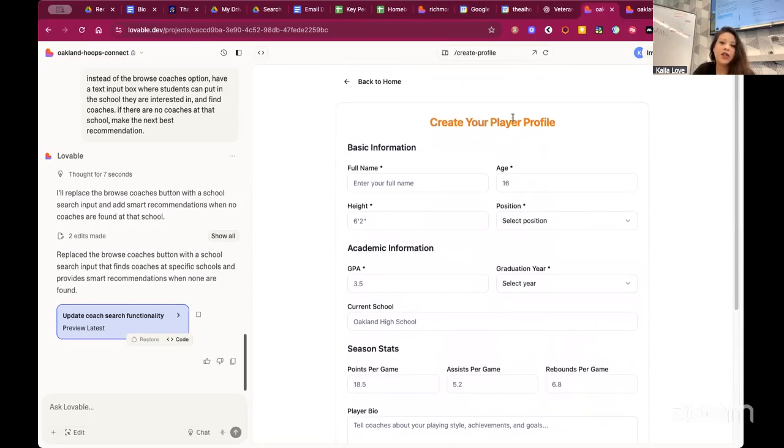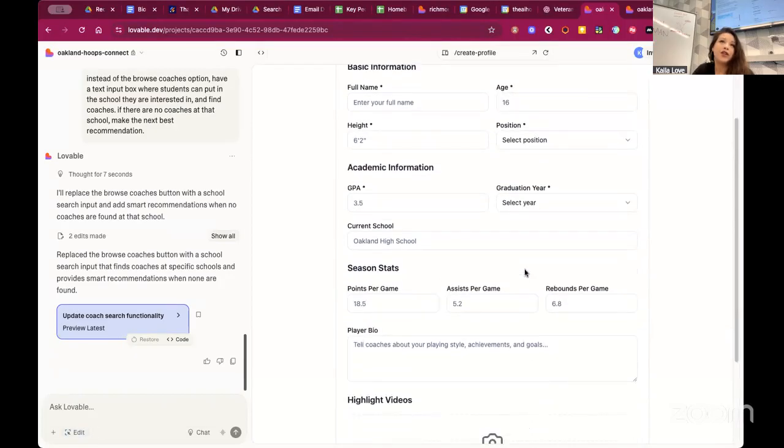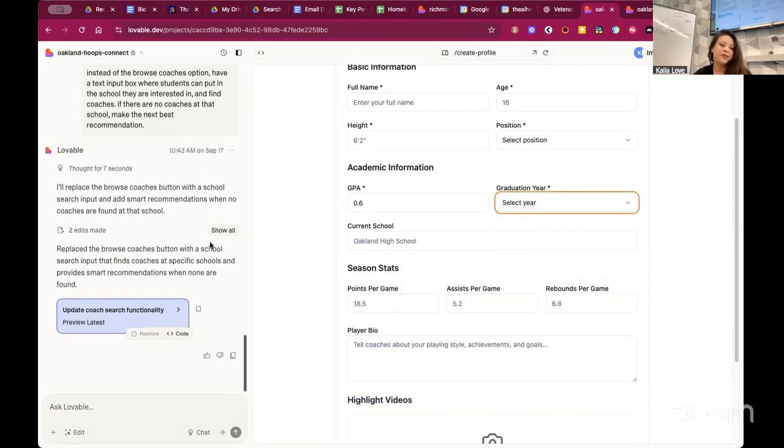If you wanted to, you can always go to edit, and you can literally say, hey, make this purple, or hey, change this language. Everything that you see, you have complete control over, but at least you're not starting from scratch. It can be really intimidating to sit down and think about all the information you should ask, and what form builder do I use? But you can see here it made it super simple. It even has little arrows for the granular details. So it's pretty intuitive in terms of what it's able to do.